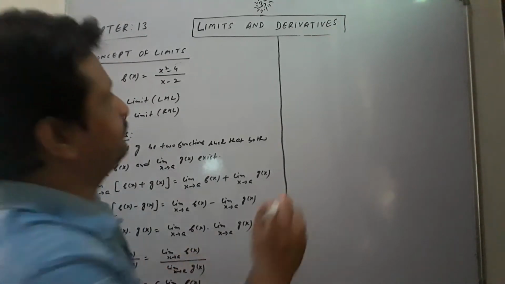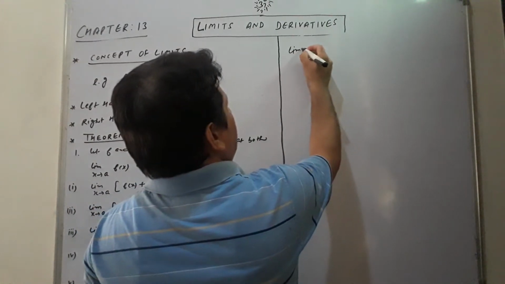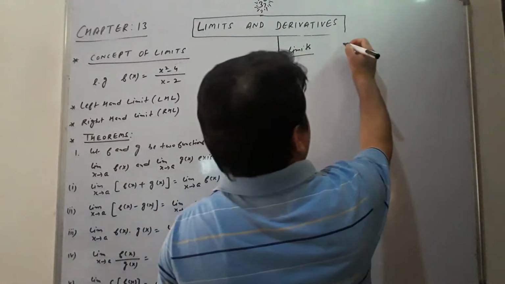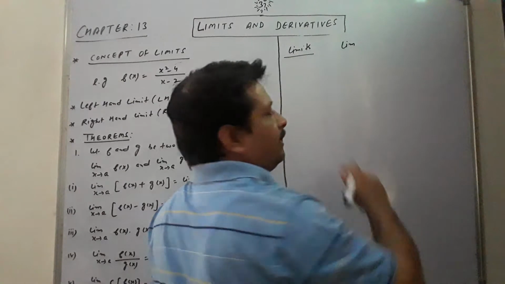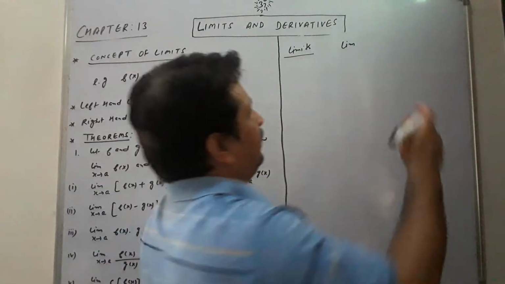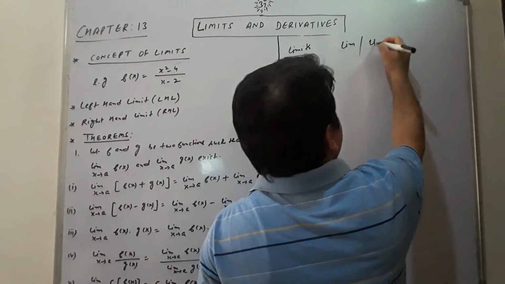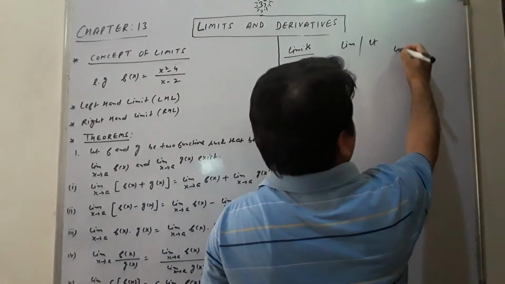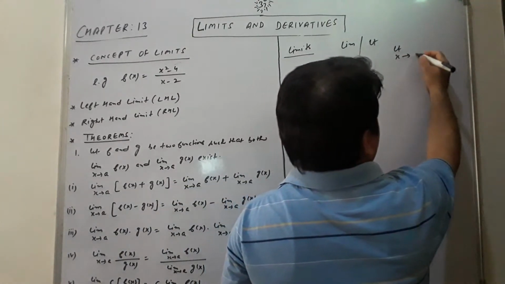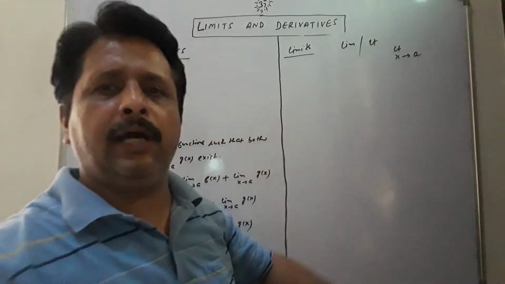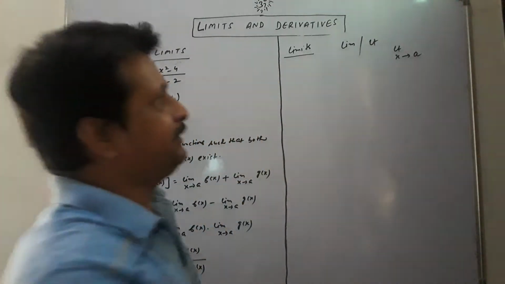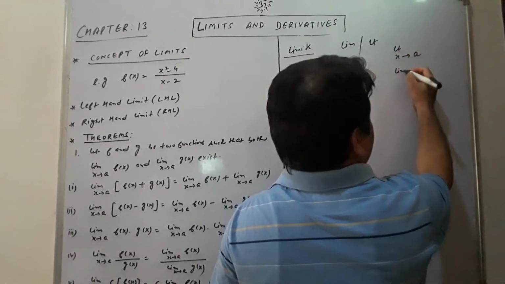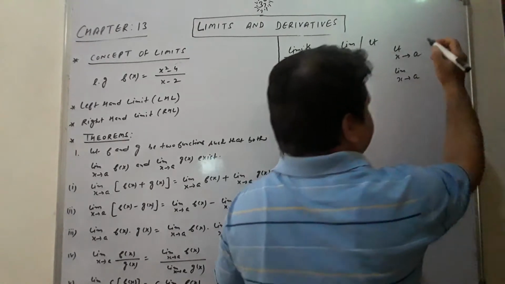In the limits, let us see, students, in the NCERT book we write the limit as LIM, but in other reference books it will be LT, limit. We say limit x approaches a, approaches 0, approaches 5, whatever is given. So we read it as limit x tends to a.